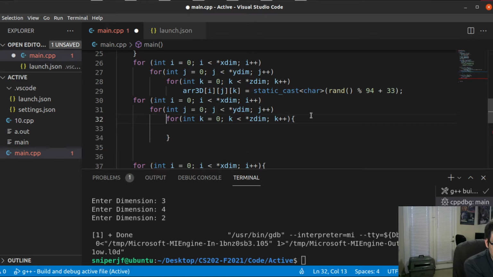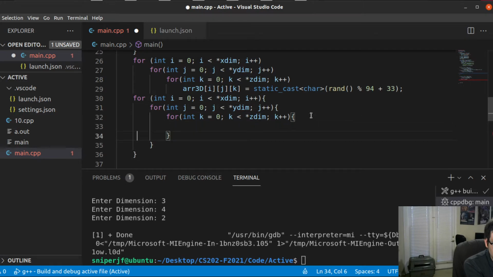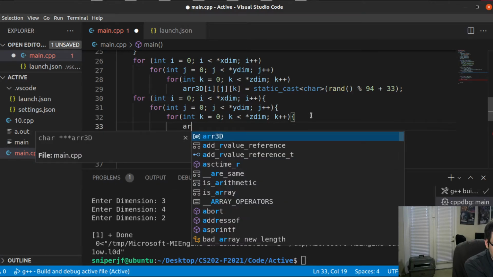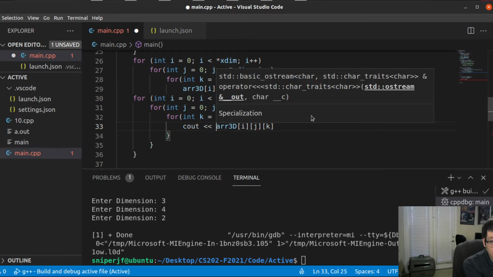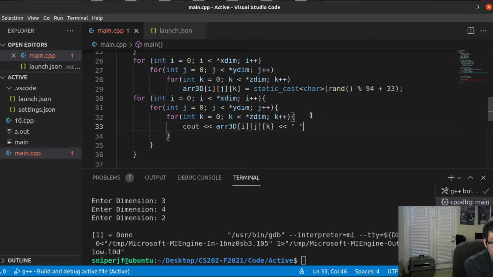For this, to print it out in a somewhat clean way, we're going to need some line feeds, so all of the same row can be printed together with a space between them. So we can say AR3D I J K C out that, and then put a space between them, and that's all we need for that. At the end of these rows, we can put a line feed,